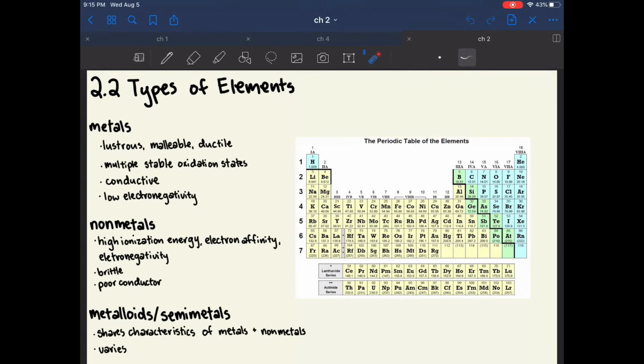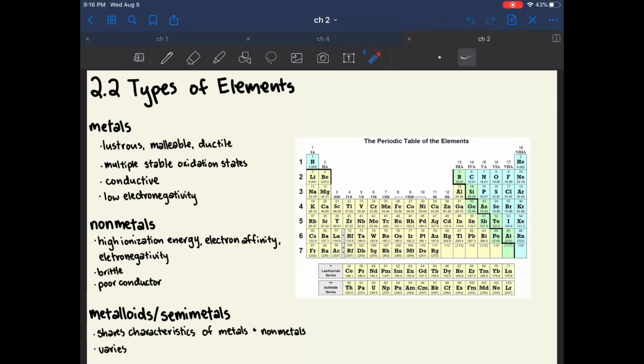Chapter 2.2 talks about the characteristics of three broad groups of elements. The first are the metals, which are shown in yellow on this periodic table to the right. Metals are lustrous, which means that they're shiny. They're malleable, which means they can be hammered or pulled into different shapes, and they're ductile, which means they conduct